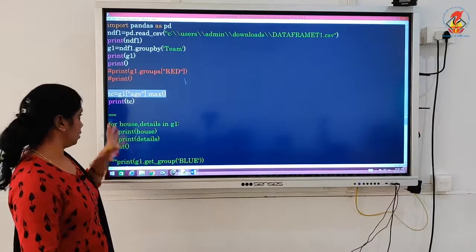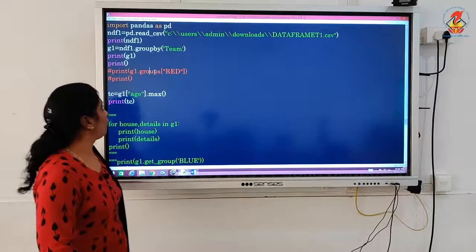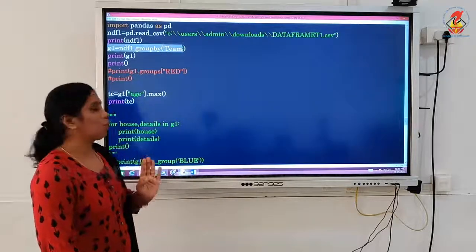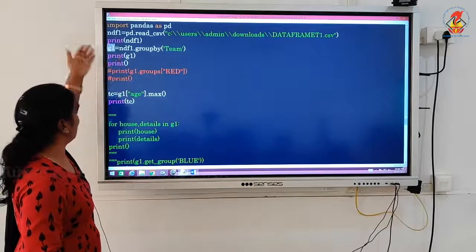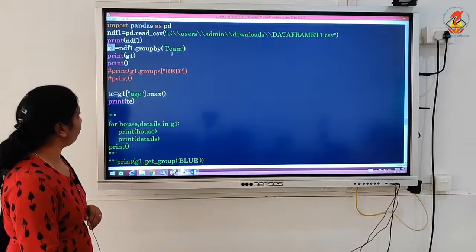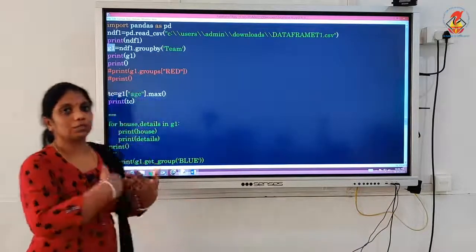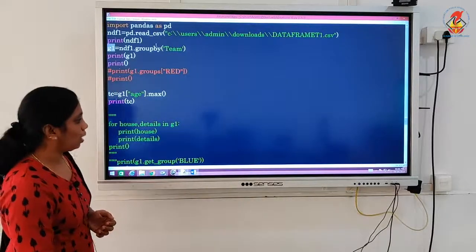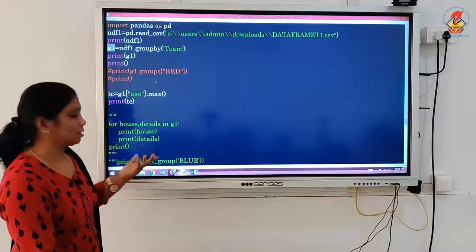From here on, this is the place from which your idea should be more clear. Of course, group by will also have an output question. By writing this much, what will happen? No output is coming, but the group by data frame G1 is created and kept. That can be used further. You can directly give it this way also. So this being a function can access the aggregate functions in a different manner, like the way you tried in SQL. I hope you got this much, and let's continue this in the next section.